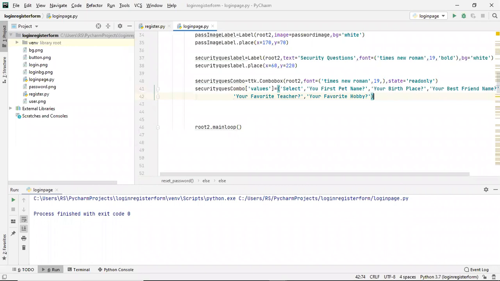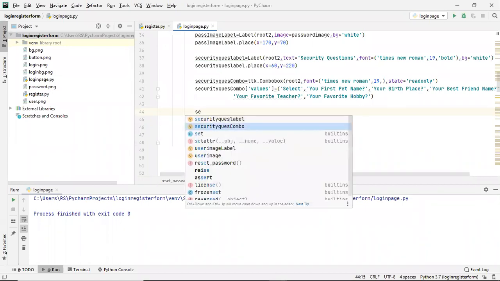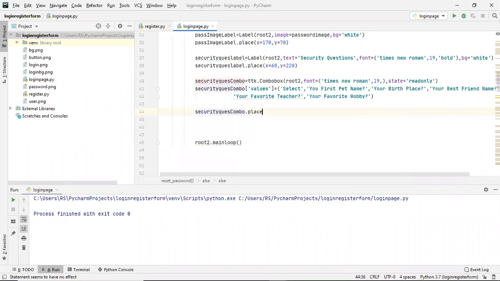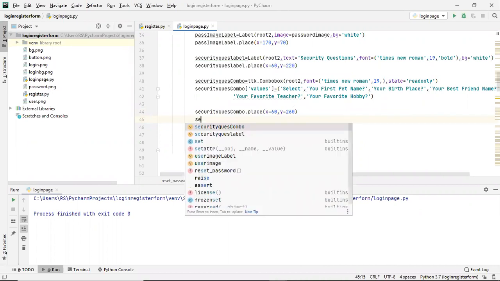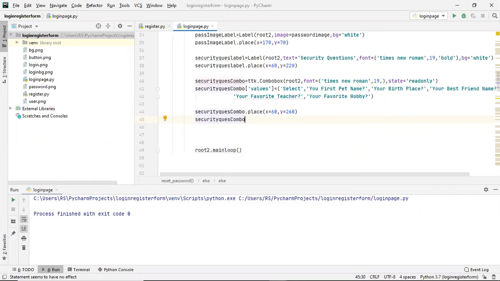After adding the values, next thing is I will simply place this security question combo dot place, and where I'll place this, from x-axis at a distance of 60 and from y at a distance of 260, right? And I'll set the current value as select. So I'll write security question combo dot current, and I'll pass the 0th index. So this will be by default that you will see. So if I run at this position,